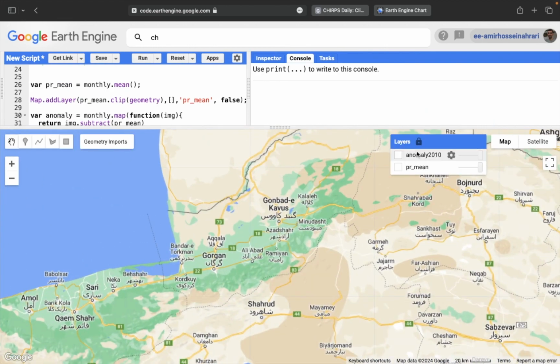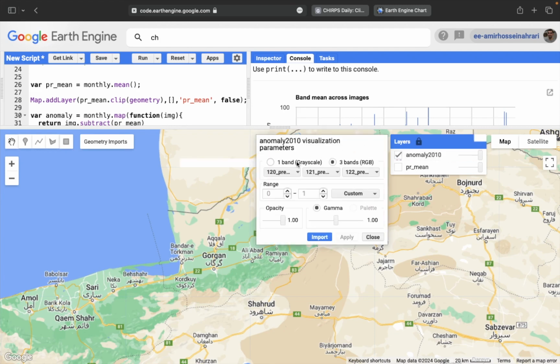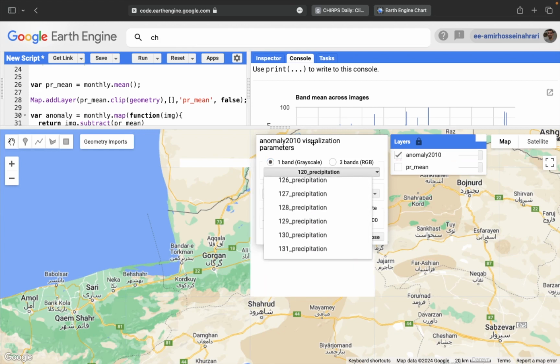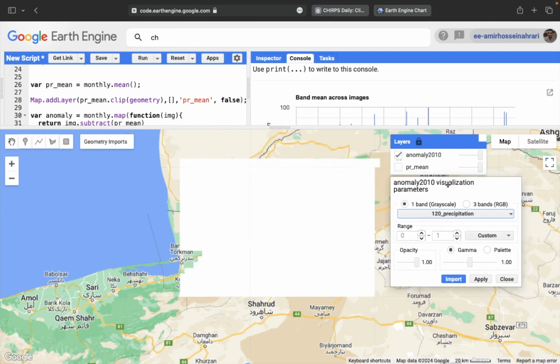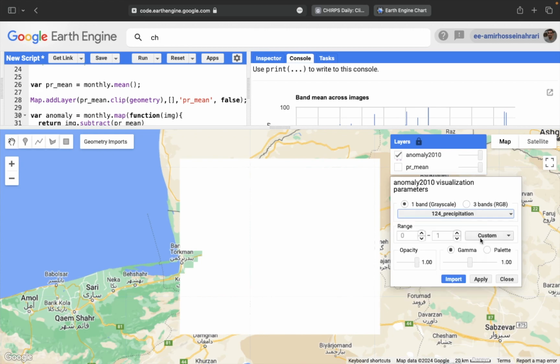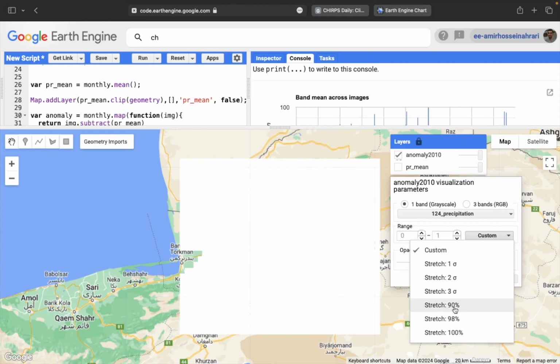After a few moments, you will have another new layer in the layer setting, including anomaly images for 2010. When you check it on, in the layer setting, you can see that all monthly data for 2010 are available here. So you can see, for example, from January to December. For example, I want to select this one for May 2010, then